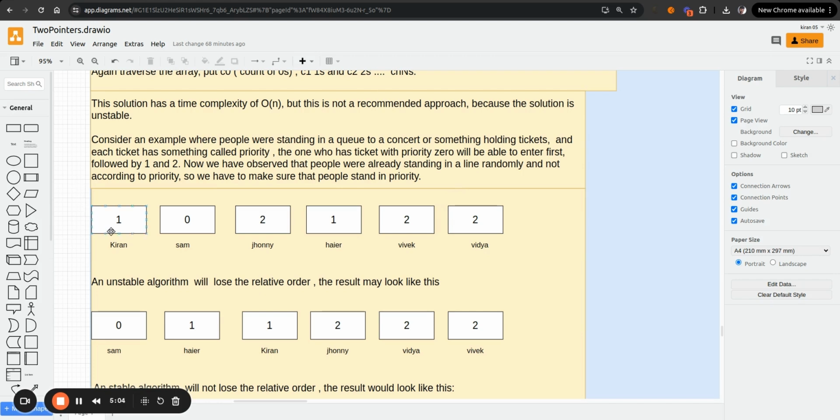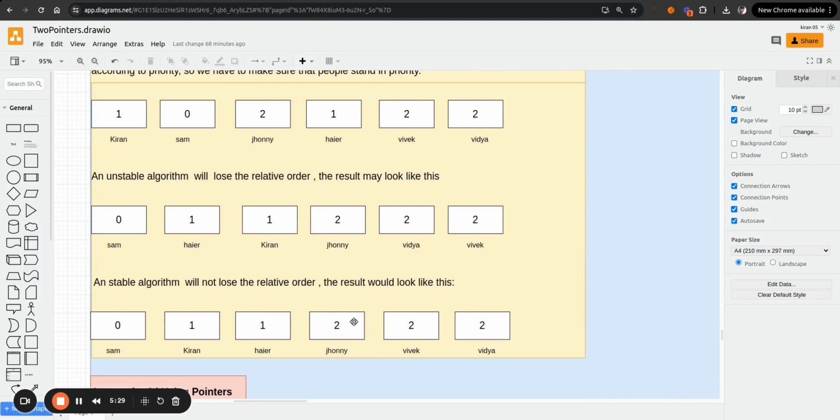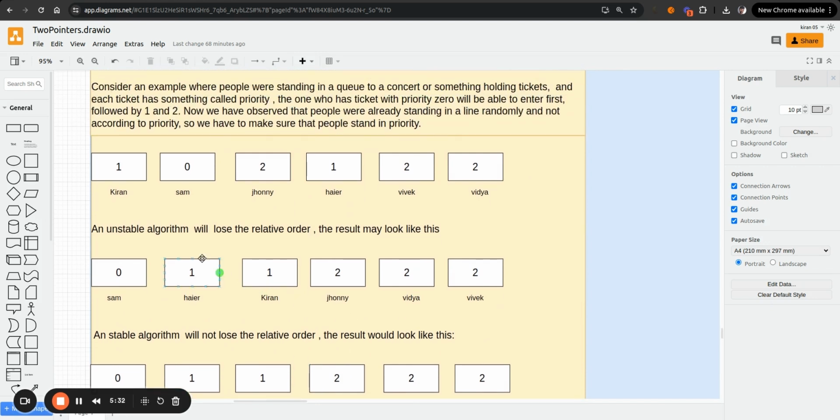So now if we use an unstable sorting algorithm, since people are standing in a queue randomly, we have to sort the persons such that the persons with priority 0 tickets will be first, followed by persons with priority 1 tickets, then followed by persons with priority 2 tickets. So to do this, if you use an unstable sorting algorithm,